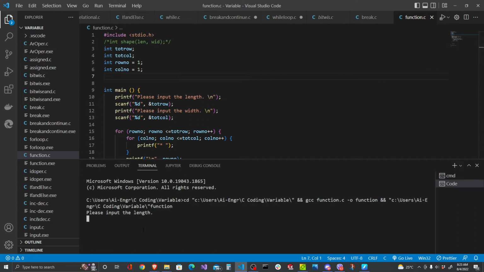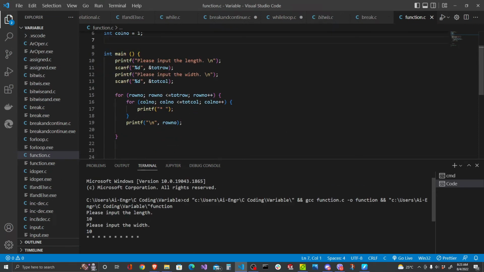Okay, so it says please input the length, then 10. So what we have lacking right now is